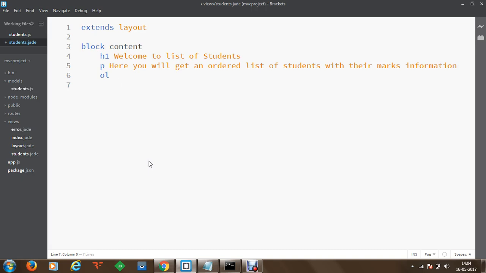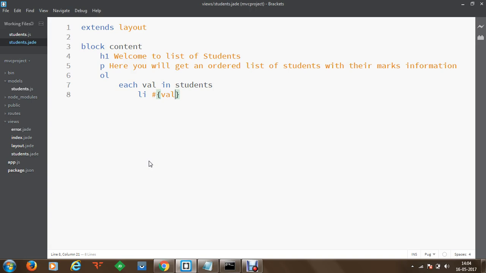To do this, we are going to receive the value, and we can specify something like for each value in whatever information we are going to provide. Let's say we are going to get the information from a variable known as students. Then we are going to specify a list item, and within this list item we are going to specify the value of value. Whatever I am going to send from the data, that value will be received here and it will be displayed in the HTML content format.